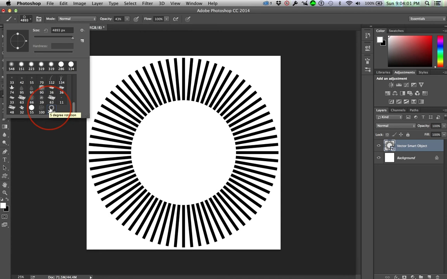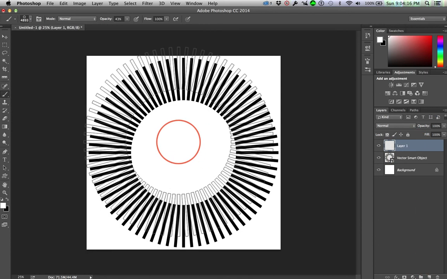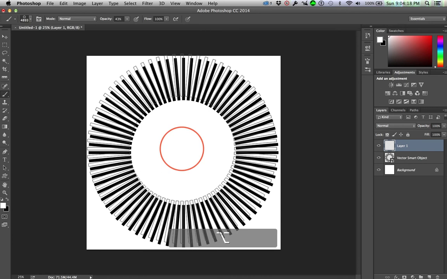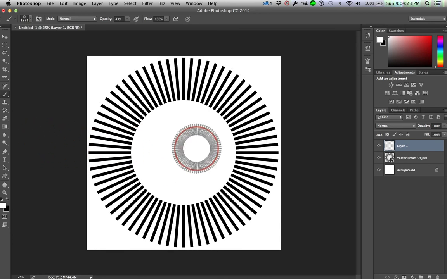How might you use it? With the brush engine, you can resize this. It doesn't have to be 4893 pixels large. You can always make it smaller, right? So you can come out here. I can load another layer with this brush tool. Can hold down Option and Command and make this smaller. And look,